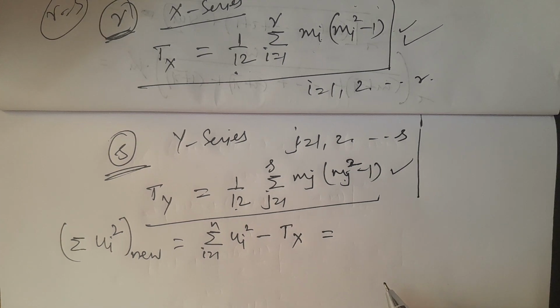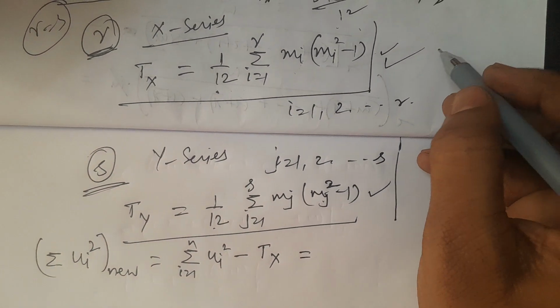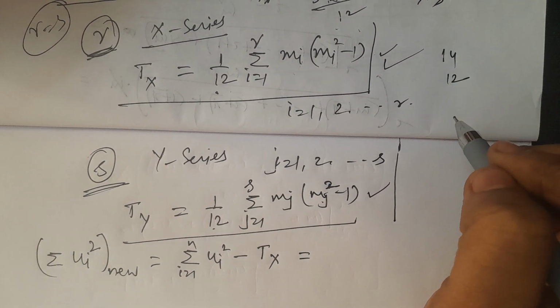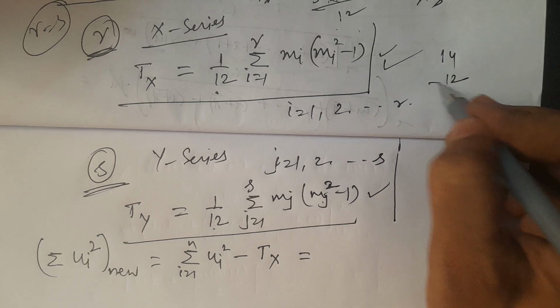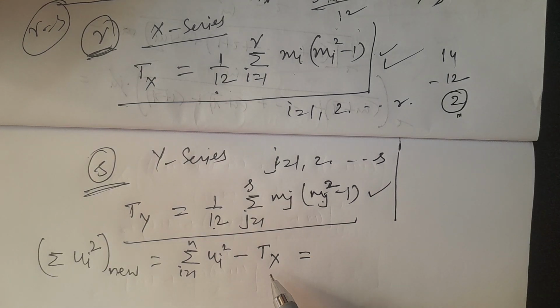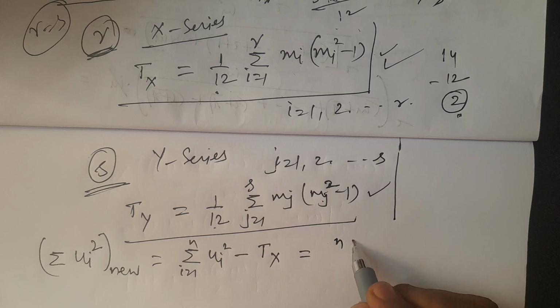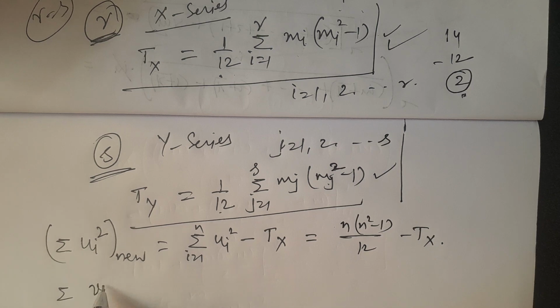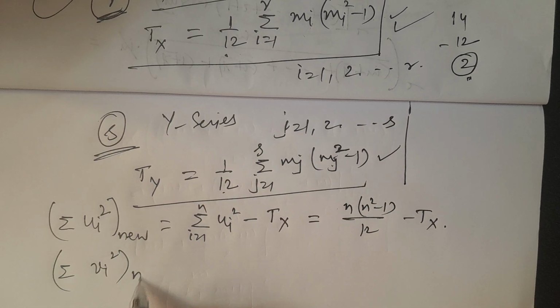Before that, the sum of the squares of the ranks was 14. After that, it is 12. 14 minus 12 is 2. The quantity 2 is going to be reduced. That is the reason for minus Tx. Clear? Summation ui square minus Tx. So therefore, it is nothing but n into n square minus 1 by 12 minus Tx. Similarly, summation vi square new, the sum of the squares